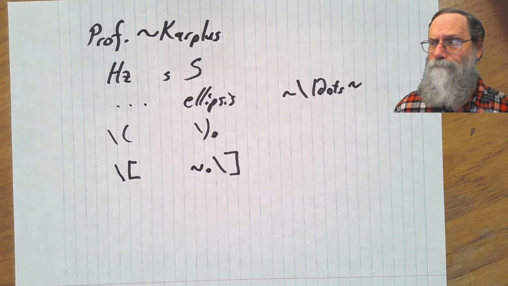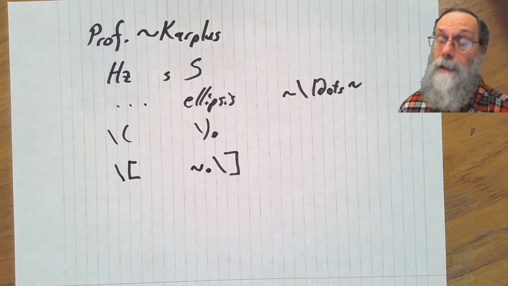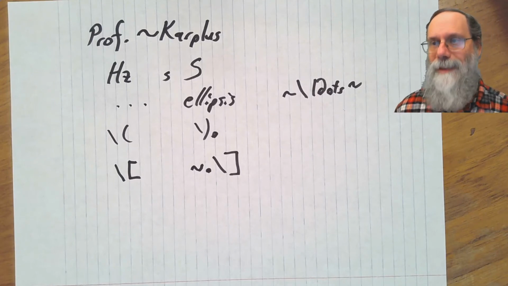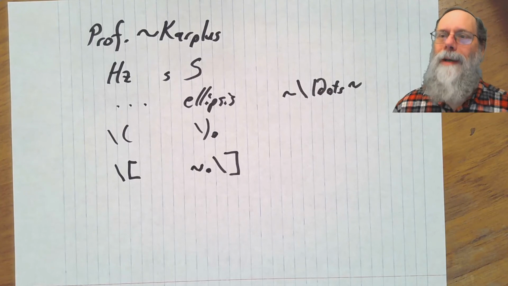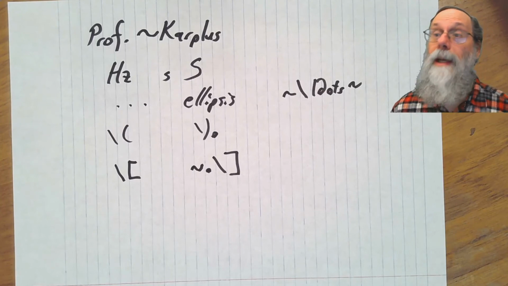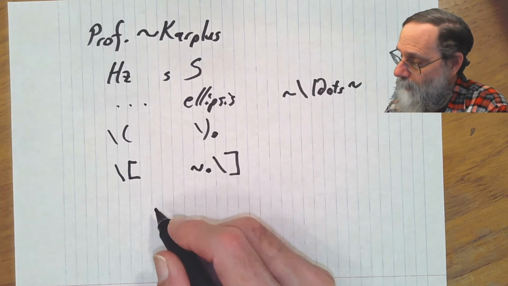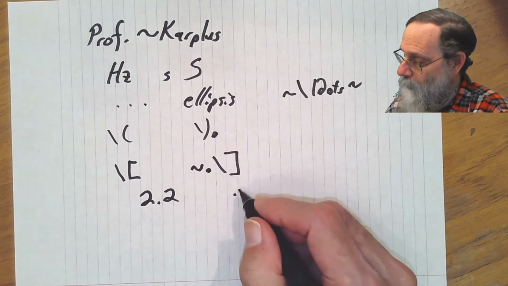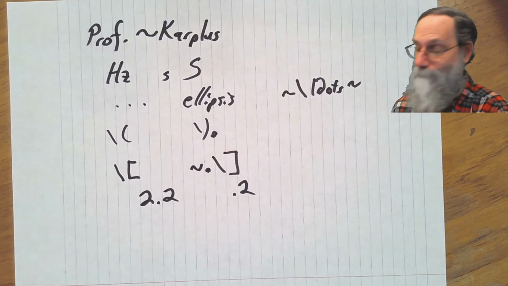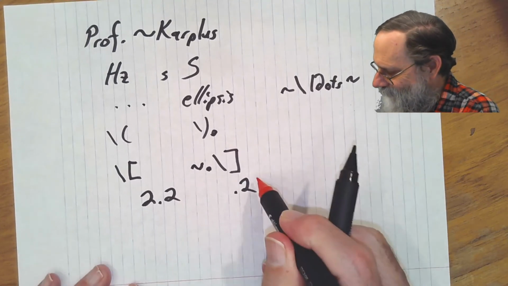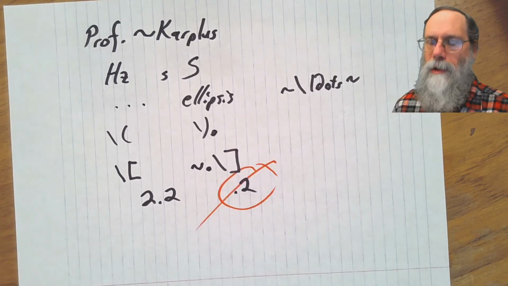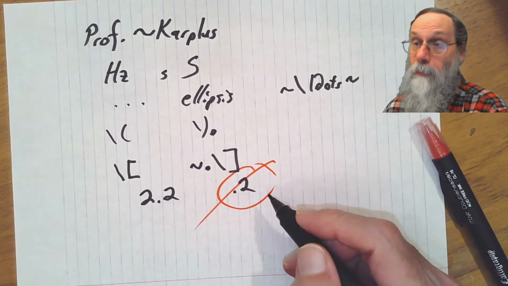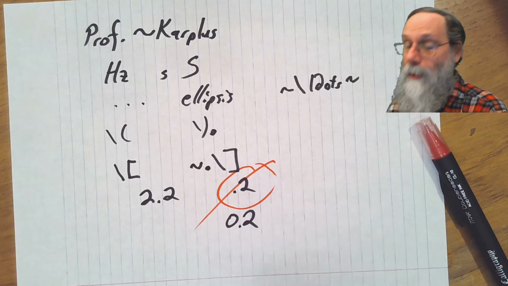And there's only one other thing you need to worry about, and that's periods which are not really periods but decimal points. Same character, same glyph, but different meaning inside a number. If you've got a number like 2.2, you just write it with an ordinary period. If you've got a number like .2, don't write it. I never want to see any number starting with a decimal point. If you want 0.2, write it as 0.2.